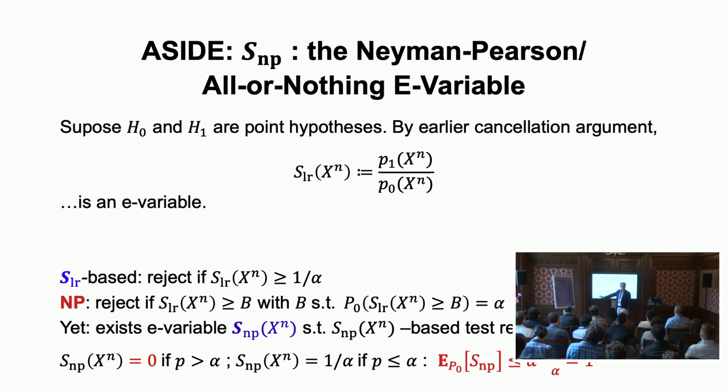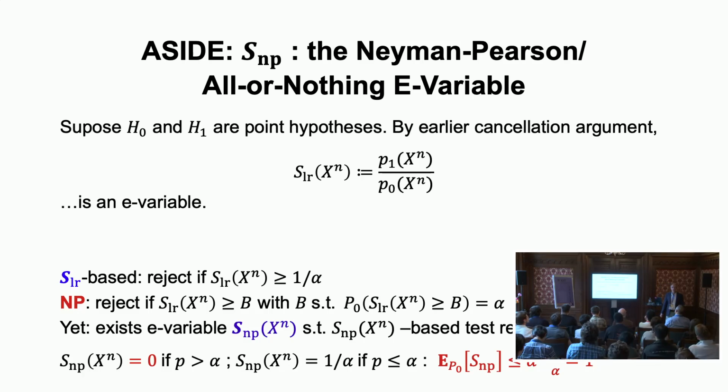So this is maybe a bit confusing now because I talked all the time about likelihood ratios, and now we have e-variables which are something different, but this is a very important insight. This is also okay, it's an e-variable, because its expectation is the probability that p is smaller than alpha times 1 over alpha. Well, by definition of a p-value, that's alpha or smaller, so that's alpha times 1 over alpha plus 0, so its expectation is 1. So this is a valid e-variable, we could use it.